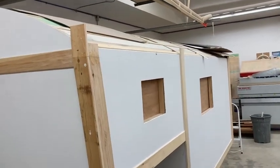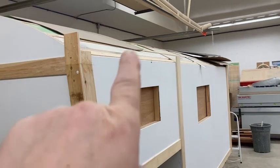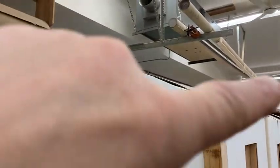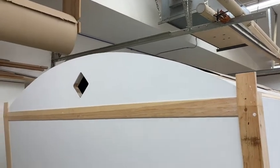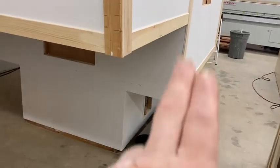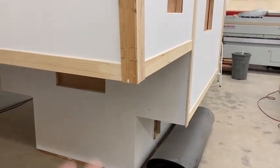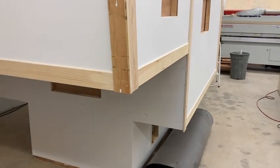I mentioned earlier, the top pieces of molding, I'm going to wait till the roof's on and push them up tight. And then up here, after the roof is on, I'll have to do a bent, possibly a bent lamination for the front and the back. Anyway, the next pieces I'm going to do are the front and the back. And then I might start cutting pieces for the under wings, but if I have time today, tomorrow might have to be